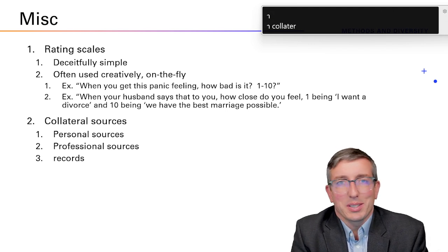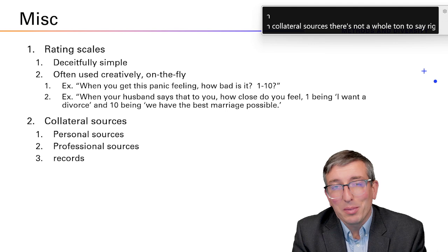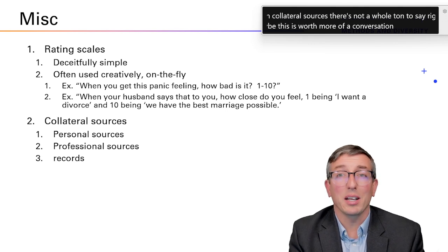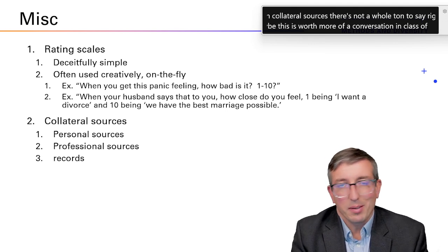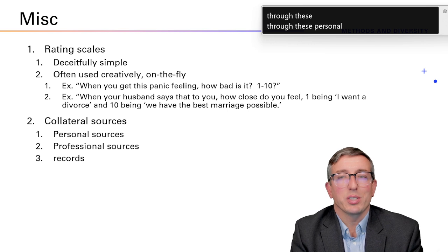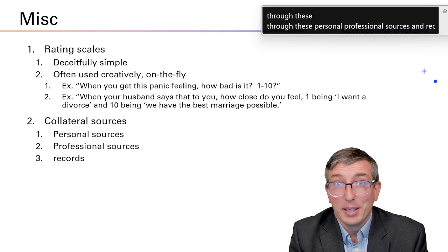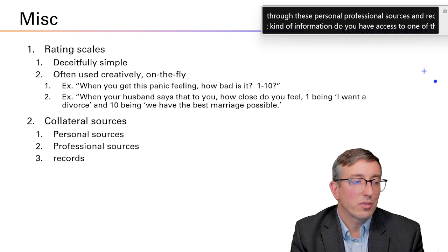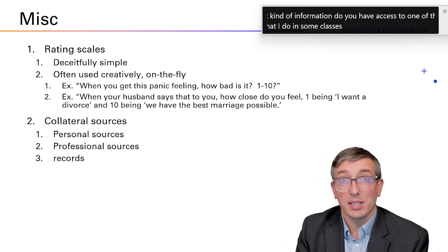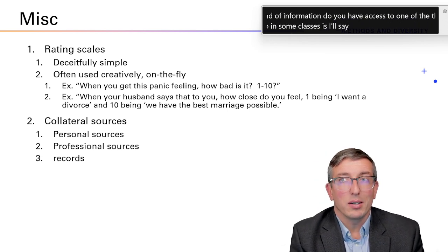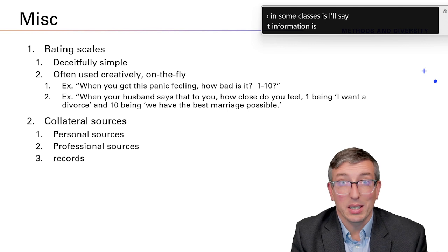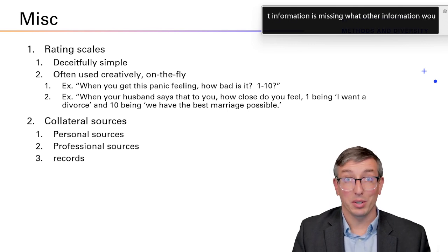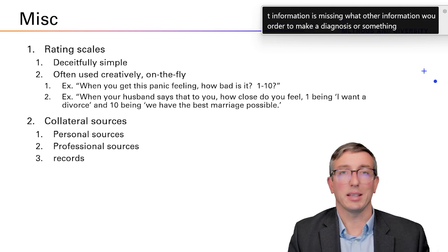And then collateral sources, there's not a whole ton to say right now, but maybe this is worth more of a conversation in class. I went through these personal, professional sources and records. It's what kind of information do you have access to? One of the things that I do in some classes is I'll say, like, what information is missing? What other information would I need in order to make a diagnosis